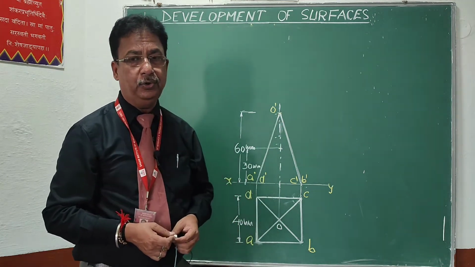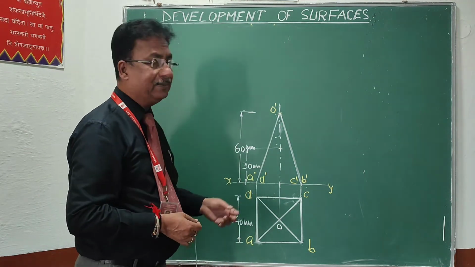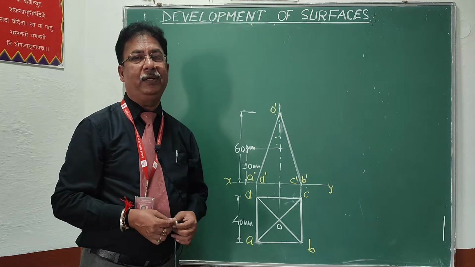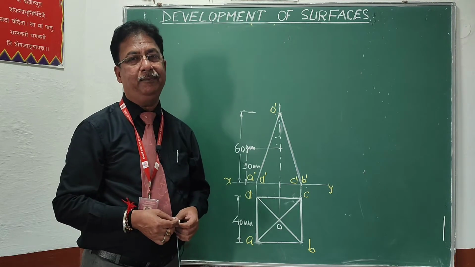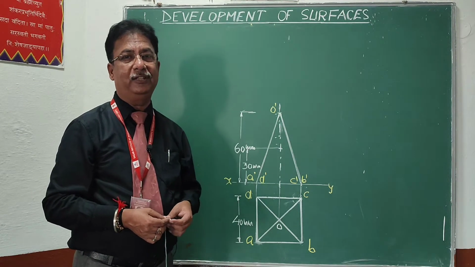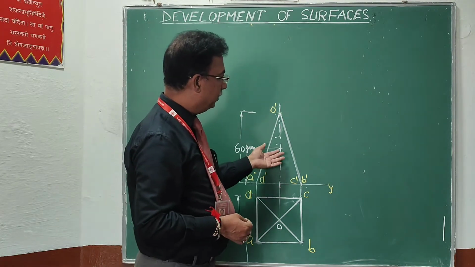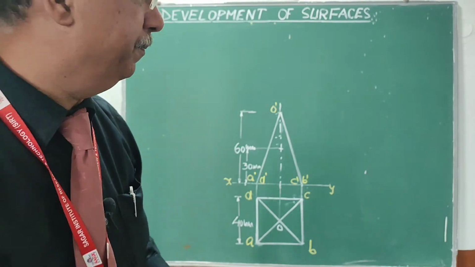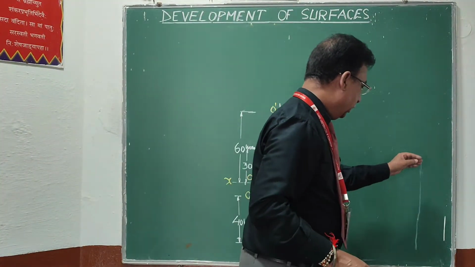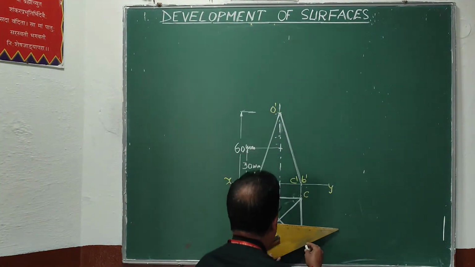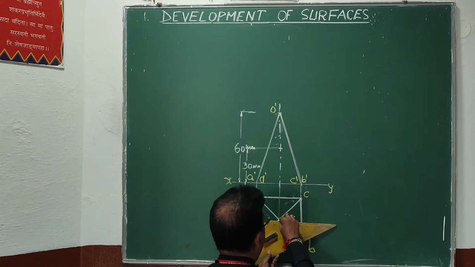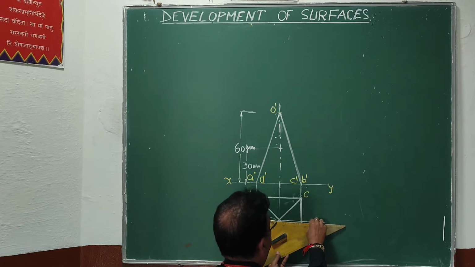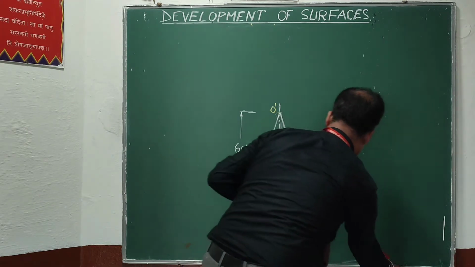So, what we have to do, initially we have to find out the true length of the slant edge, and that old method of line, as in the problem of line, we will find out the true length of a line by making it parallel to one of the reference plane. As in this case I want the true length in the front view. So, in the top view I am going to make this line parallel to the VP. So, for making it parallel to VP, from this O dash I will draw a line parallel to the reference line like this, and on this line I am going to shift the OB.